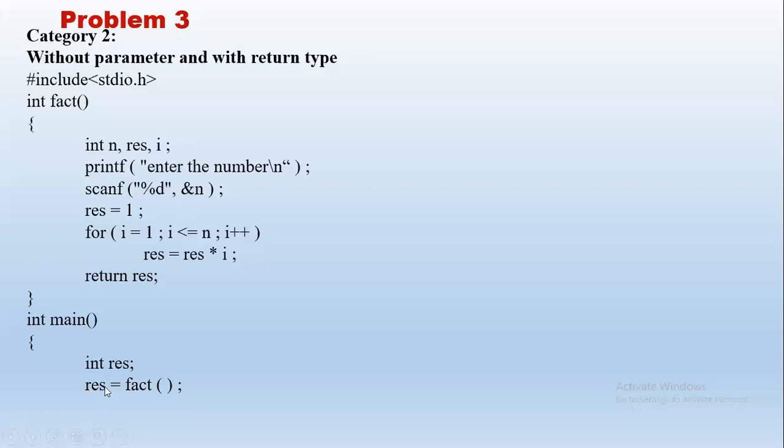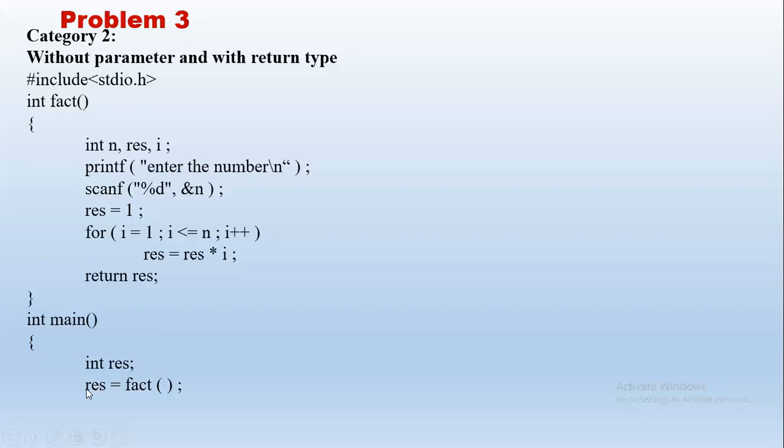Note that this res is different from this. It will be stored in 2 different memory locations. Okay, this may be stored in some 1000, this may be stored in 2000, for example. If you give res1 here also, still it works. So these parameters may be different. Whatever is used within the function is called a local variable. It can be used only within the function. So here we are going to return 120. It gets stored into res.